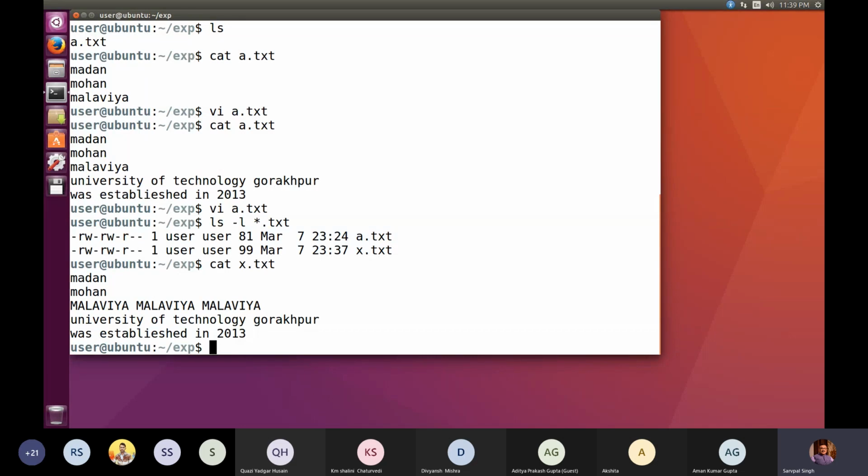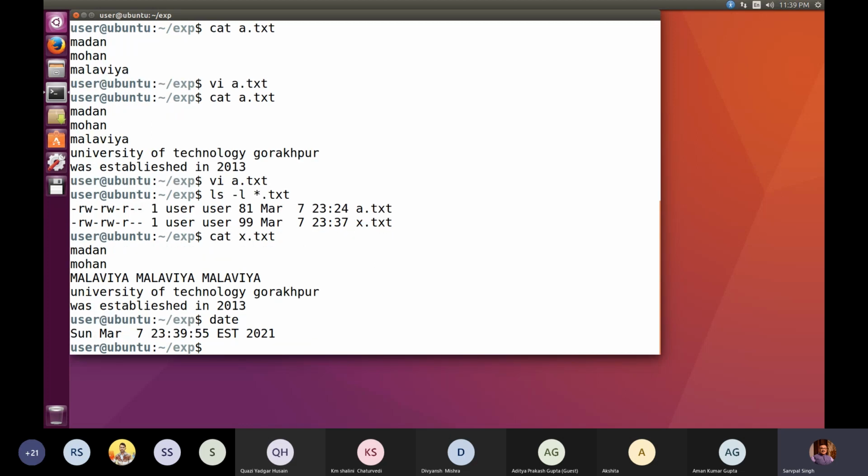And let me tell you only 1 or 2 commands additionally, which I just wish to share with you. One of the commands is date. So when you give date, I am getting some date. Of course, that date is okay, but the time is not okay. So I can move to super user mode in order to set any operation.